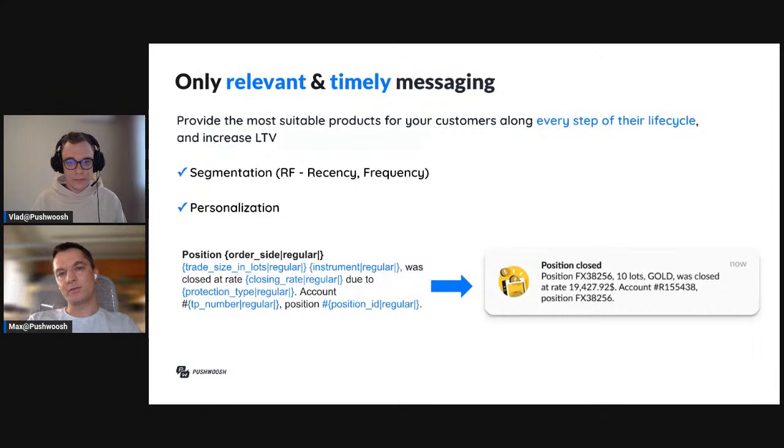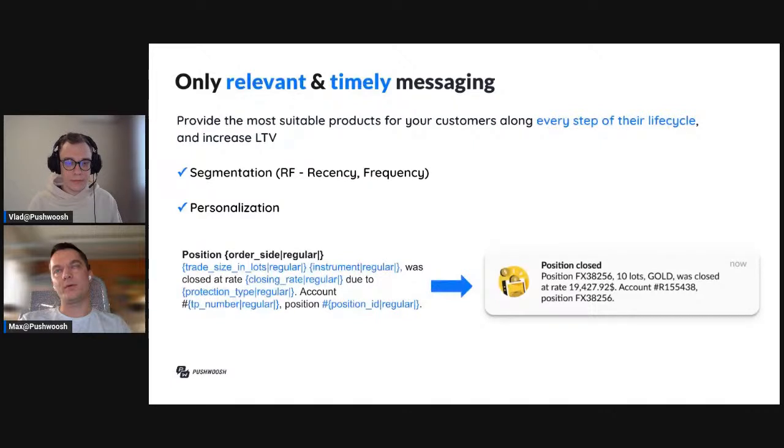Recency and frequency of transactions, membership type, loyalty program level, and different data points related to orders and actions that users are doing within the financial application will be a perfect basis here for both segmentation and personalization.